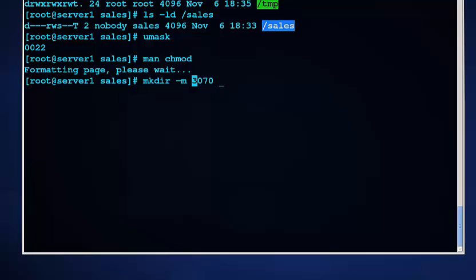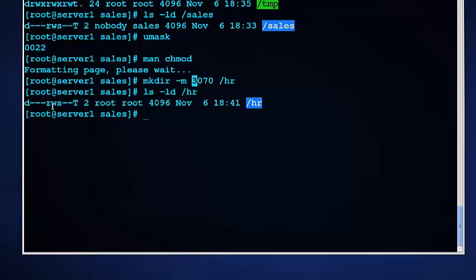And what we should end up with when we create the HR directory is exactly what we created for sales in the longer way of doing it. So using numbers really is a convenient way when initially setting permissions on a directory. Now, you'll notice the one thing that didn't happen here, the group ownership hasn't changed,